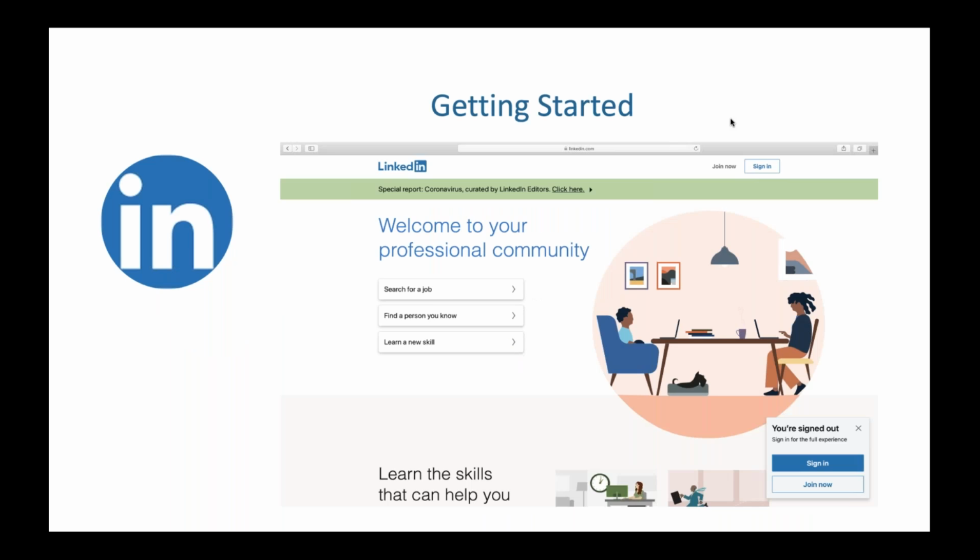So let's talk about getting started. For quite a while, if you opened up a Gmail account, you automatically got a LinkedIn profile, but most people didn't do anything with it. Or you may not have one at all. So to get started with LinkedIn, you need to go to linkedin.com. And this is the page that you're going to see. If you already have an account, you're actually going to go right here. Let me get my pen so I can circle that for you.